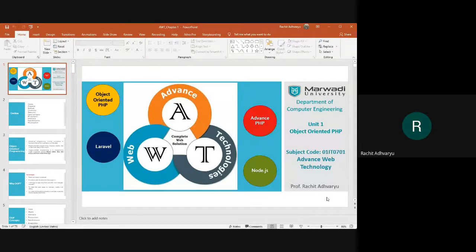Or I would say, in terms of PHP, what is the use of final keyword? In terms of PHP, what is the use of final keyword? Let me know.